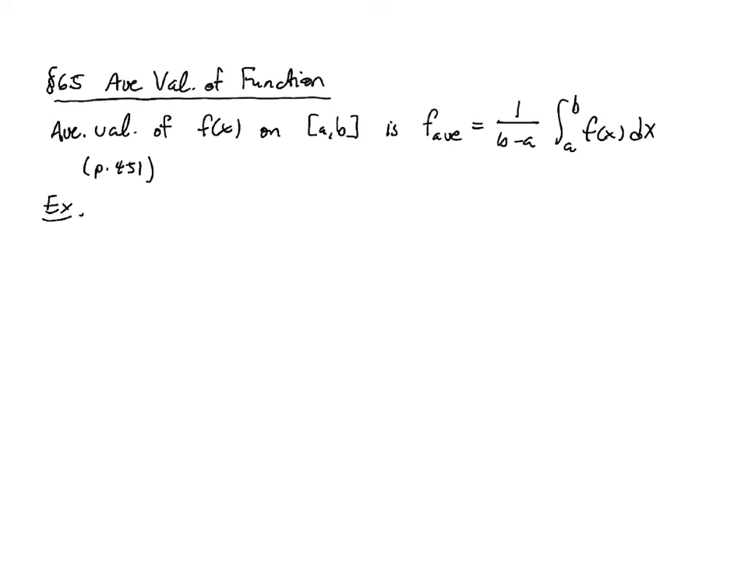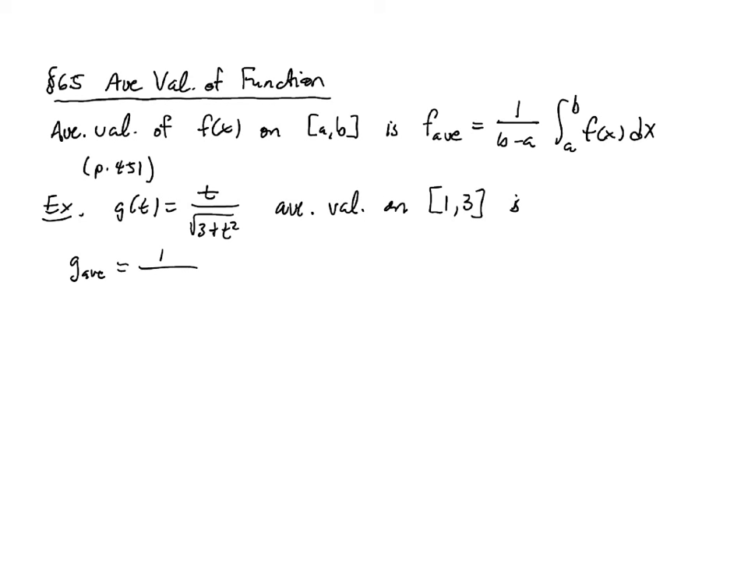For example, if we look at the function g of t equals t over square root of 3 plus t squared, then the average value on the interval from 1 to 3, we would call that g sub av, is 1 over the length of the interval times the integral from 1 to 3 of that function